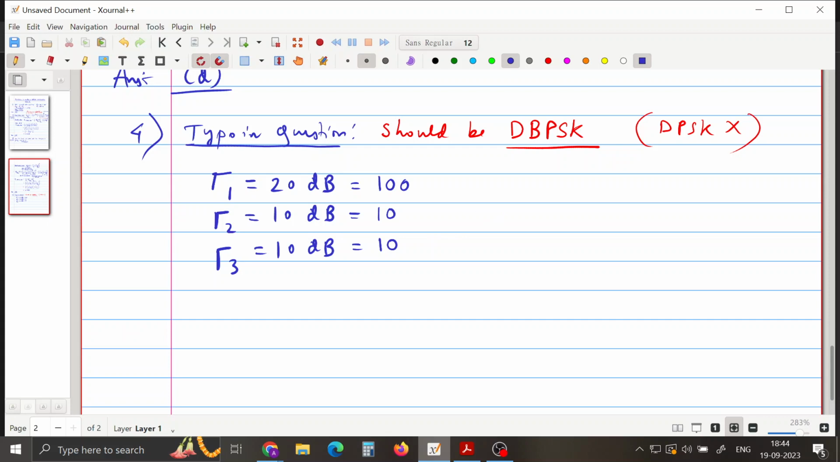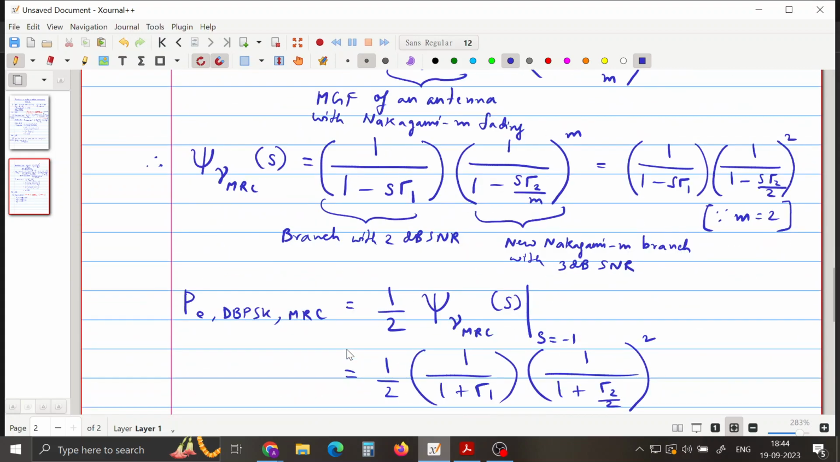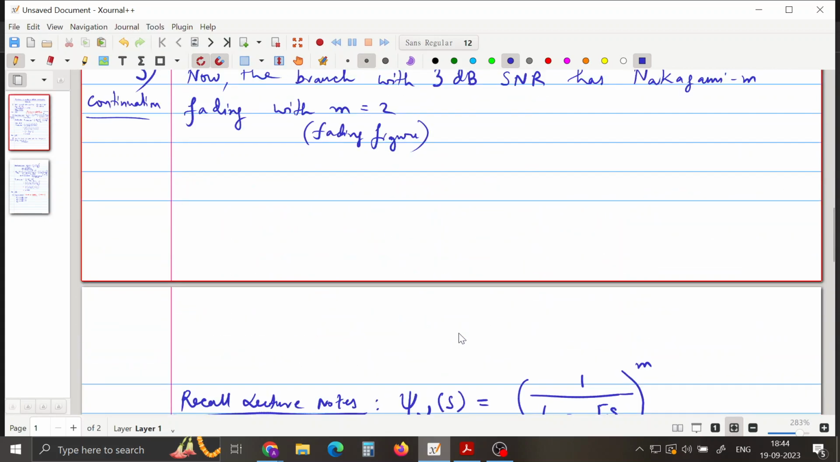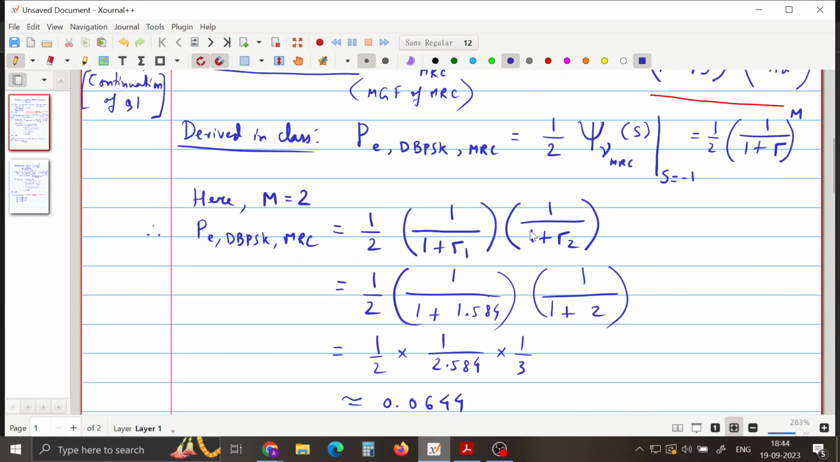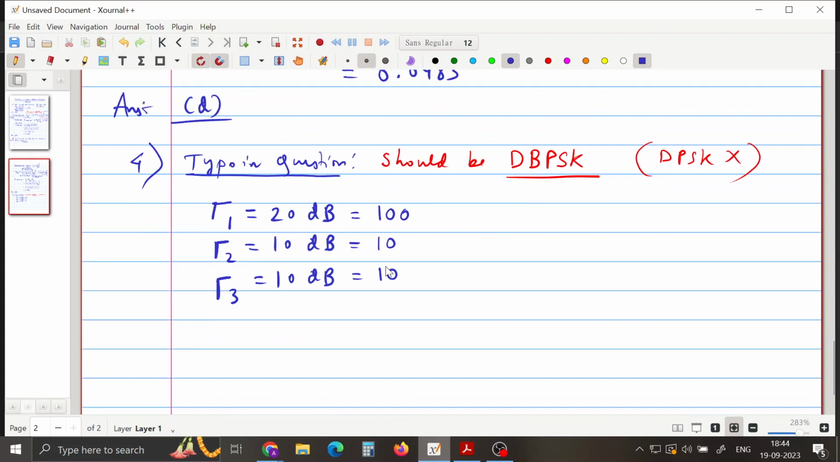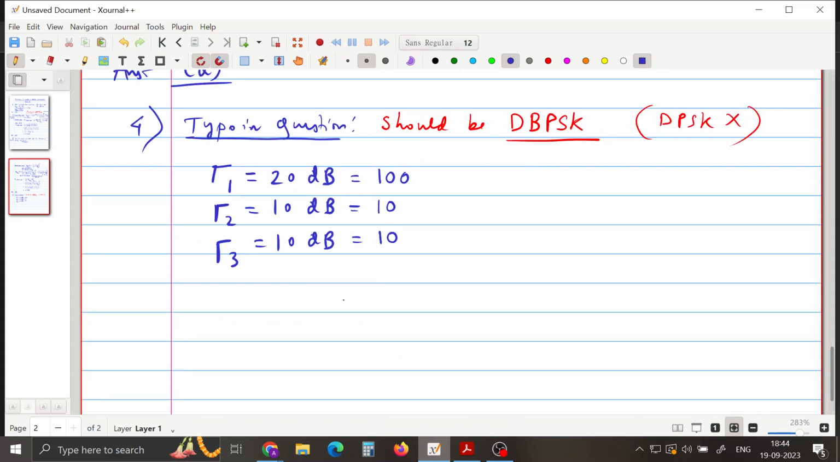Now for DBPSK we already looked at the expressions, right? This was the form: half times 1 by gamma 1 times 1 by 1 plus gamma 2 and so on. This was the form for 2 branch, so exactly the same thing here. So what you have is your probability of error for DBPSK in MRC is half